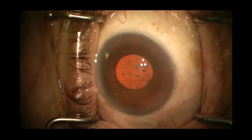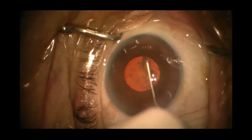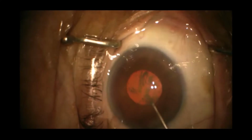This is a diabetic patient with maximum pupil dilation in spite of phenylephrine and tropicamide eye drops. We plan a large rhexis. I am going for a blind rhexis behind the pupil with my system, taking care that I am able